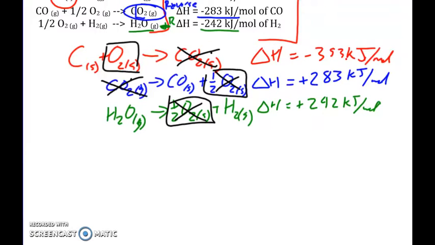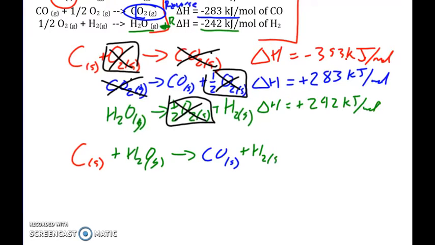Those three things can all cancel themselves out. What we end up with is carbon solid plus water gas turning into carbon monoxide gas